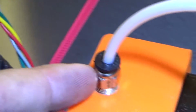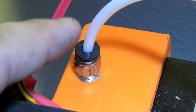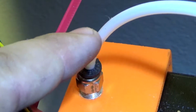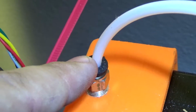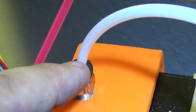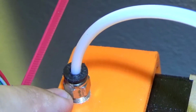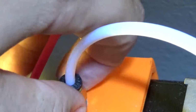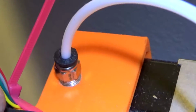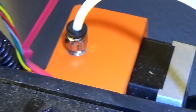this fitting right here. The PTFE tubing that comes with the cloner is not the correct size for a Bowden setup. This PTFE tubing I got when I got a few Bowden extruders in the mail. It comes with it. It's, I believe, 1.75 or 1.8 millimeter inner diameter by 2 or 3 outer diameter. I don't remember. And then this is a little fitting that's meant to fit in that hole in this, and you can actually undo this. Whenever I change filaments or whatever, I have to actually undo this to help guide it in. It's not automatic, but yeah,